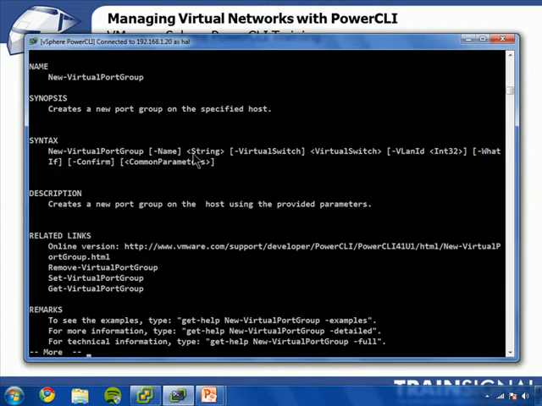So it has a name parameter, a virtual switch parameter, a VLAN ID parameter, and then the common parameters that all commandlets have, such as WhatIf and Confirm. So let's start off with a switch. So we've got